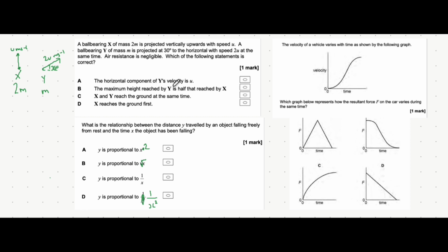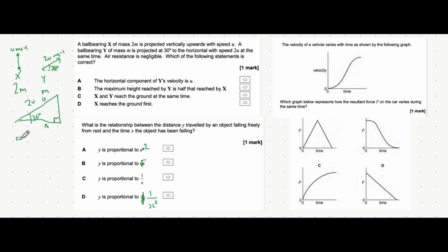The horizontal component of y is u. So let's break that down. We have a right angled triangle here where the hypotenuse is 2u and this angle is 30 degrees. How can we find the horizontal component? Well, this is a right angled triangle, sorry about my diagram, we can use the fact that this is the hypotenuse and this is the adjacent,